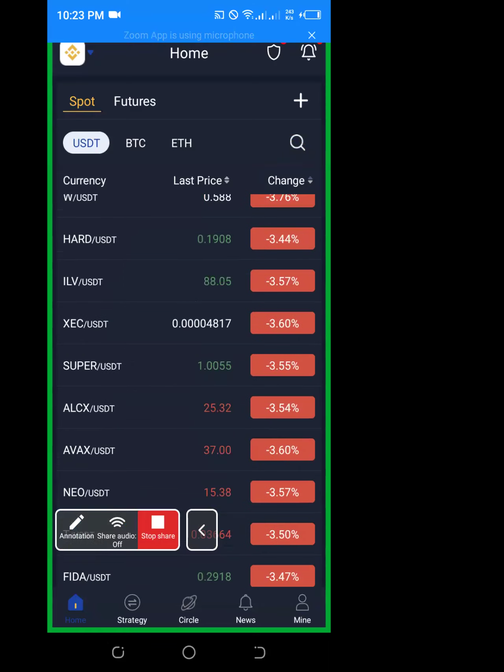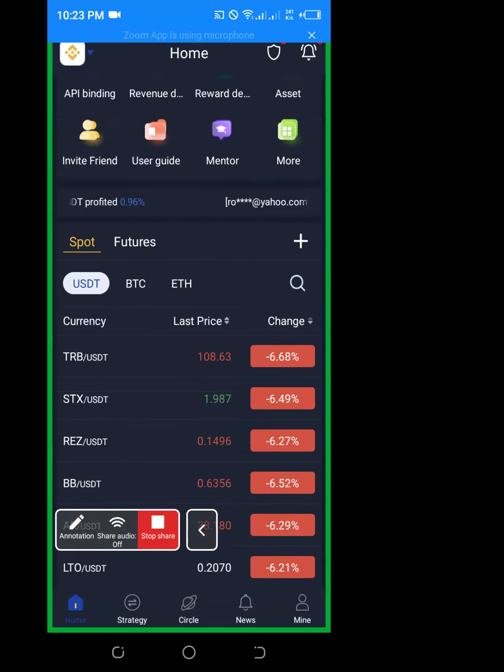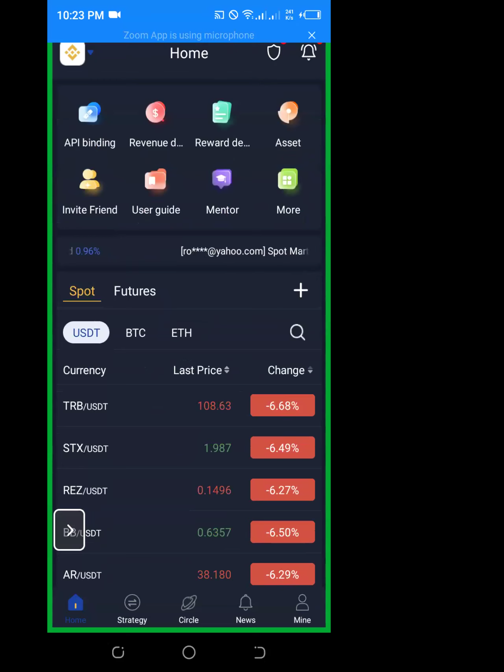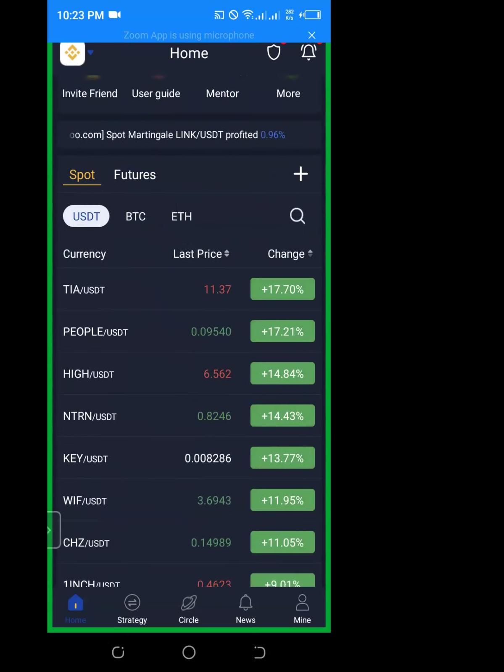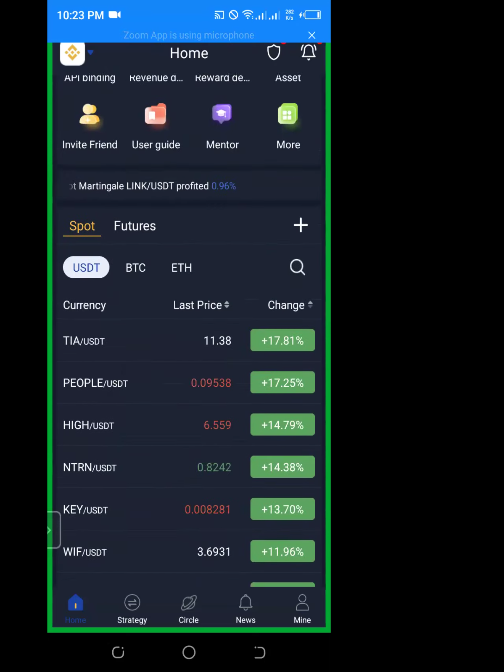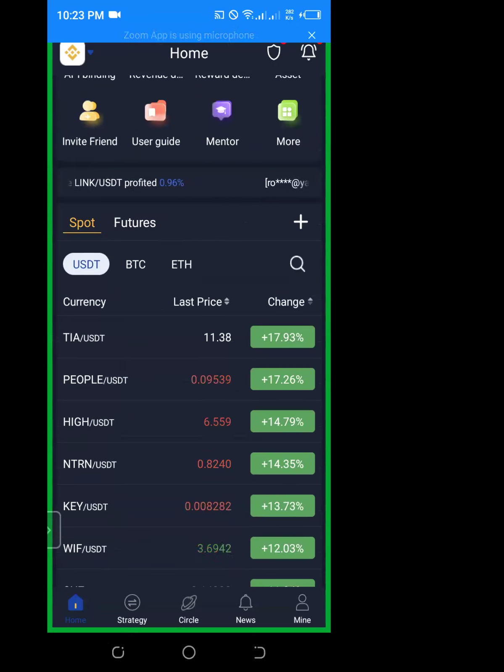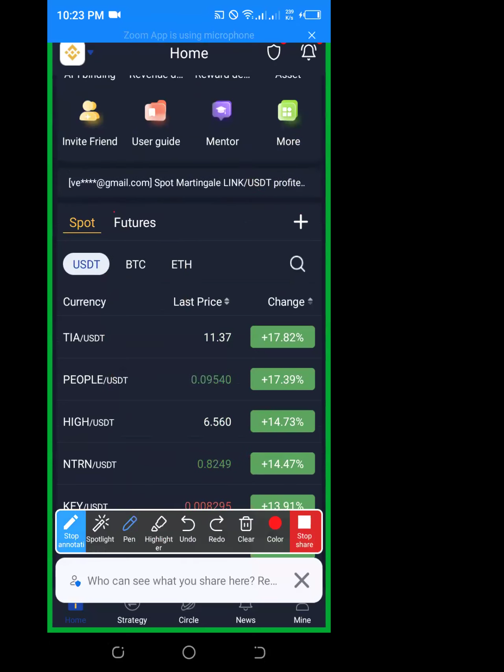Are you seeing the currencies which are in red? Those ones that are in green, don't trade currencies which are in green because their values are now high. Remember, this robot buys low and sells high to make high returns.